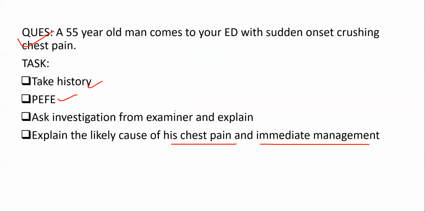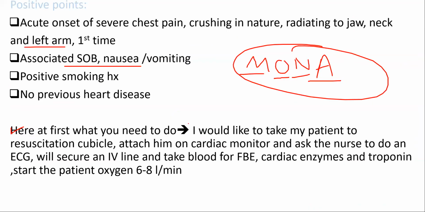Same, Dr. Purnata, here it is the same. Initially, we did it like the online one, how we are going to do it. We will just tell the patient that because you are having chest pain, I would like to take you to the resuscitation cubicle, ask my nurse to attach you to a cardiac monitor and do the ECG. And then we will secure some IV line, take some blood for necessary investigation, and then we will wait for the ECG to come. That's just the chest pain without the ECG case. If the ECG is there,